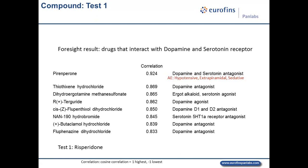And those are exactly the same activities that you're going to see with compound test 1. Compound test 1 is risperidone, and risperidone is also an antipsychotic drug, and the other events that you see in the clinic are in the same rank order, which is hypotensive, extrapyramidal, and sedative. So here you have an example in which you can take a pharmacological profile, and just utilizing that information, you can determine the activity